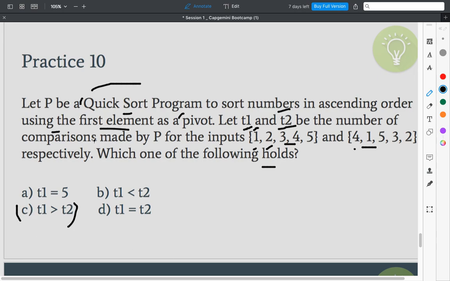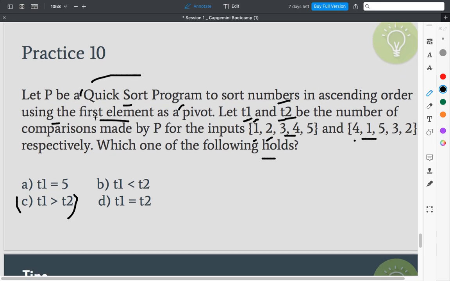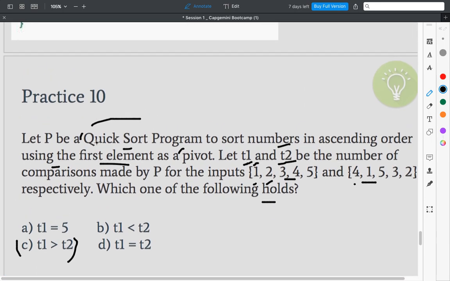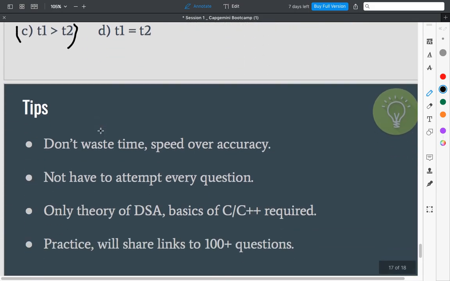You must read the basics of quicksort, insertion sort, merge sort, selection sort, not counting radix; just the basic sorts will be enough. You must remember the worst case, best case and average case. I would recommend you make a table. On the left side you write the sorting name, on the other side you write its complexity: O(log n), N log n, N square, you know.